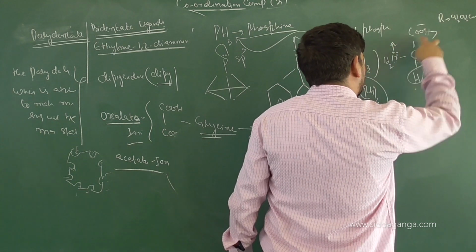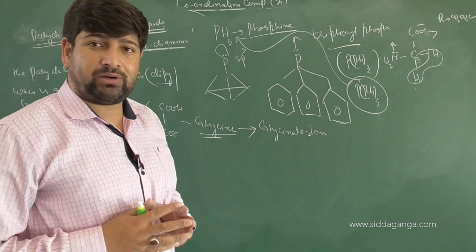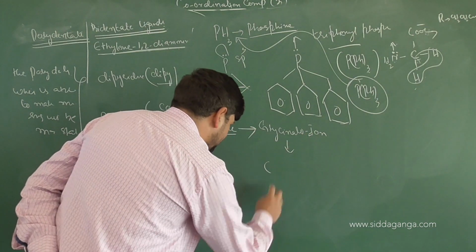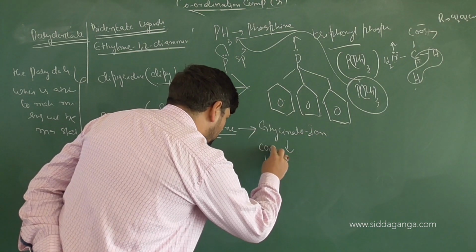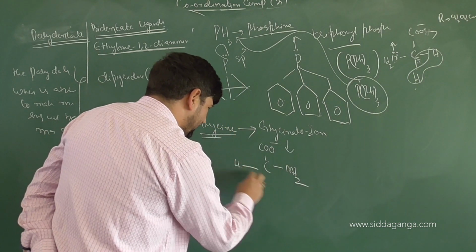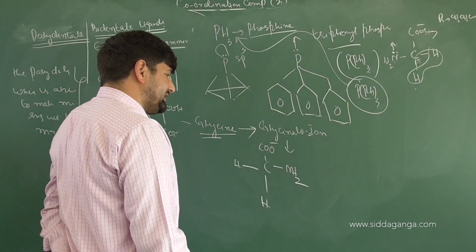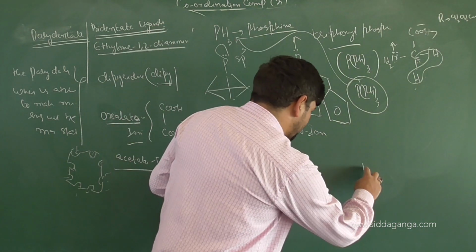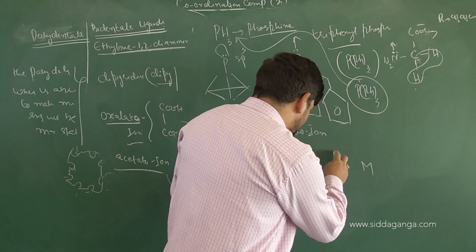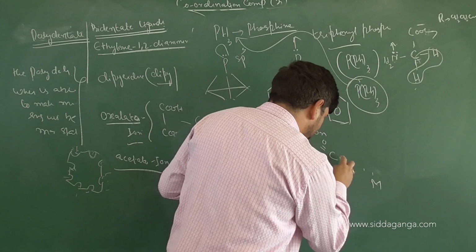So donation can occur from nitrogen and oxygen. So it's a hetero ligand, hetero bidentate ligand, because it can donate from how many places? 2 places. So if I draw the structure for this glycinato ion, what will it be? C. Then you got COO minus. Then you got NH2. Then you have H. Then you have H. So when it is making the ring, or when it is cyclizing the structure, how can you write it? Suppose we have a metal atom here. Then donation is occurring from, first of all, let me write down here C double bond O. Then this is metal here.